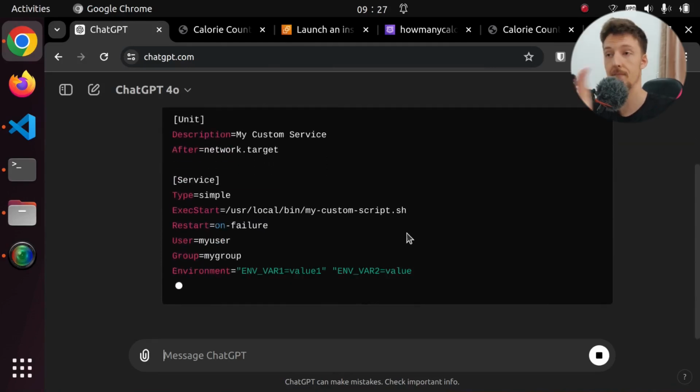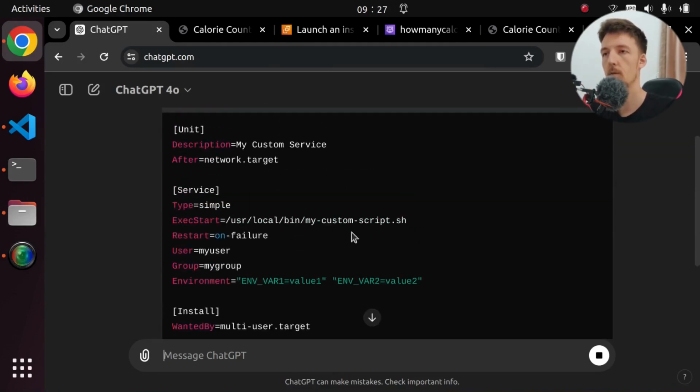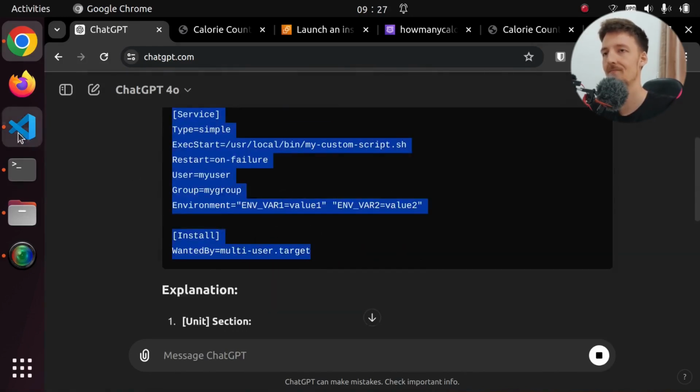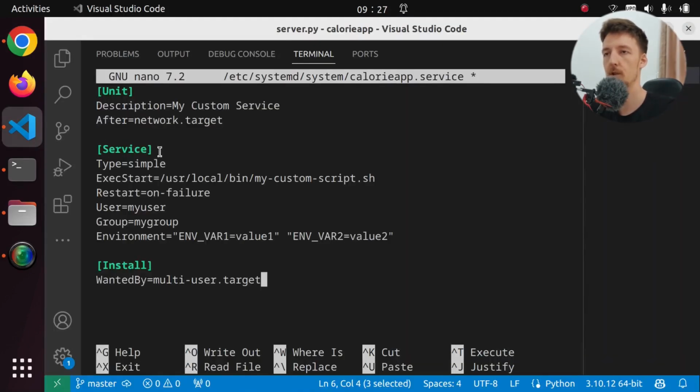And here we have an example. So, okay, I almost remembered it. So let's copy this stuff and let's remove this stuff. So here's what we need. We need this unit section in which we define the description of our service. Let's call this calorie app server. And we specify this after directive here. And this is network.target, which I guess means that this service will start after we have a network connection already